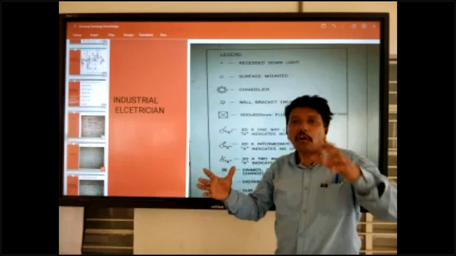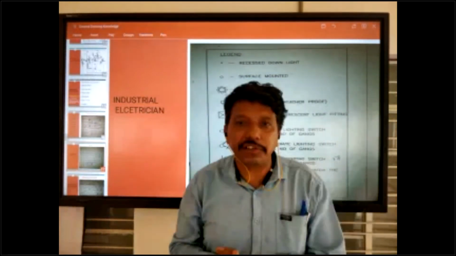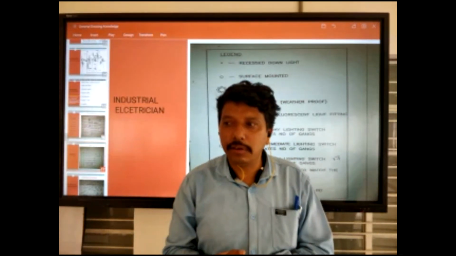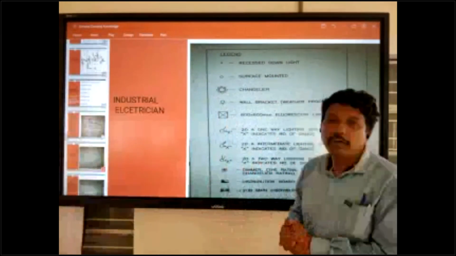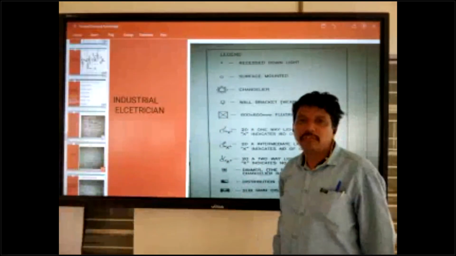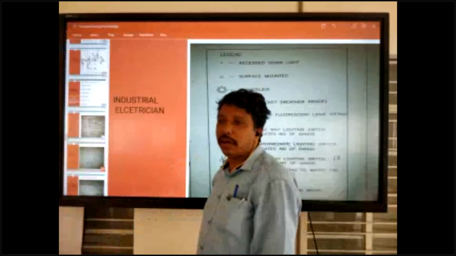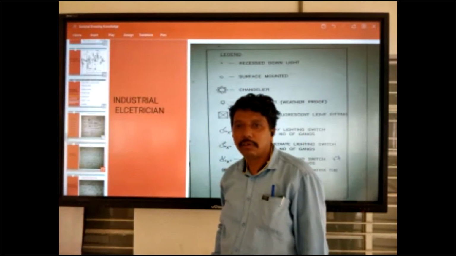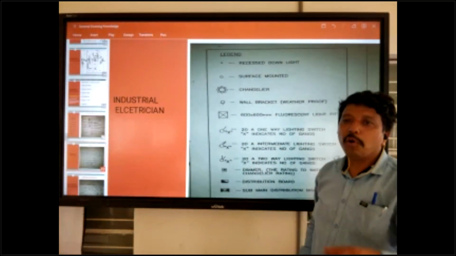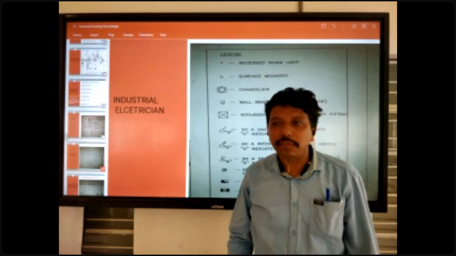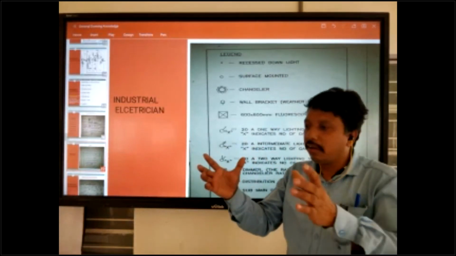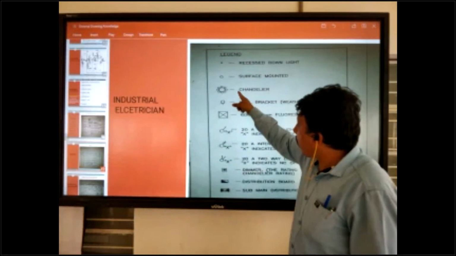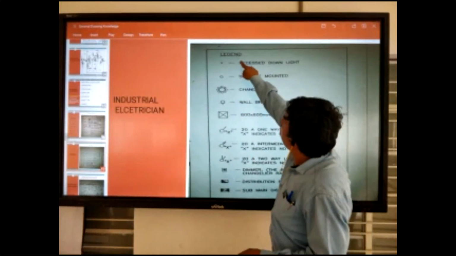So any confusion coming inside the drawing sheet, any confusion where you cannot understand a symbol, at that time you should go to the legends. No need to go to your supervisor or your engineer; that would mean you cannot understand the drawing knowledge. Okay. So when you go to work inside the project, if there is some mistake in your drawing or you cannot understand some symbol, you should check the legend.